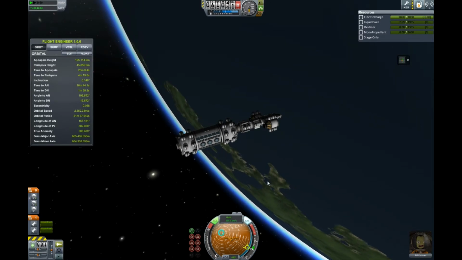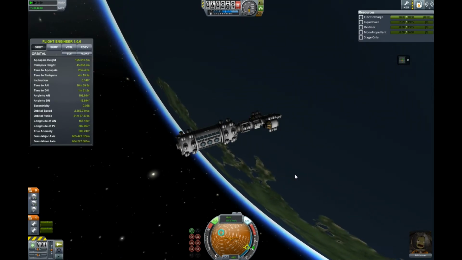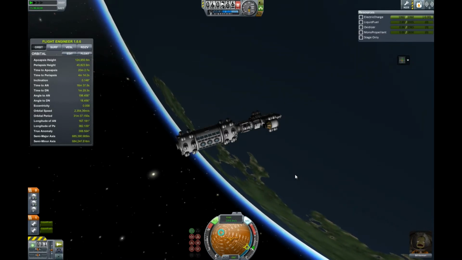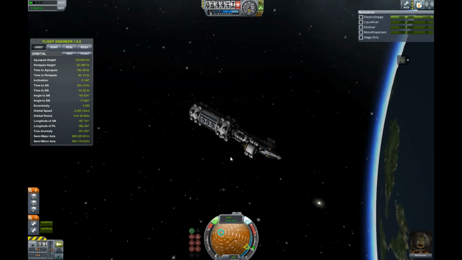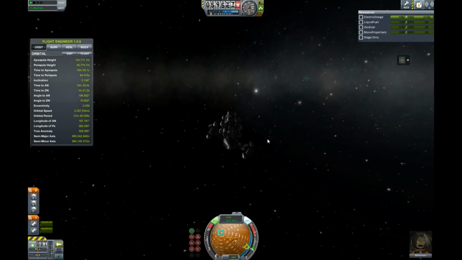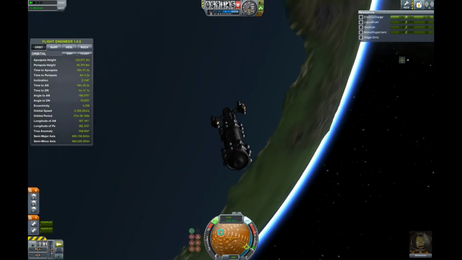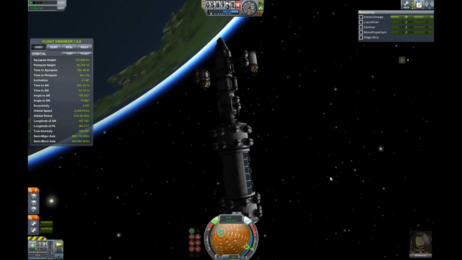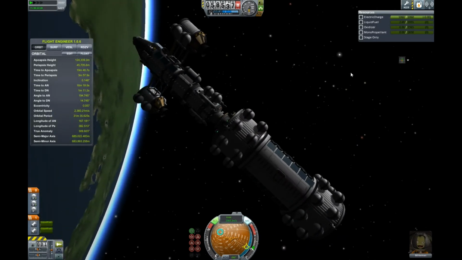You know what I should have done? I should have added more fuel to this thing, because I could have used the engines to slow my descent. Yeah. Well, I've got 5 parachutes on this thing. So, not to mention, I have the old ladders. The other one's got the new ladders, so...